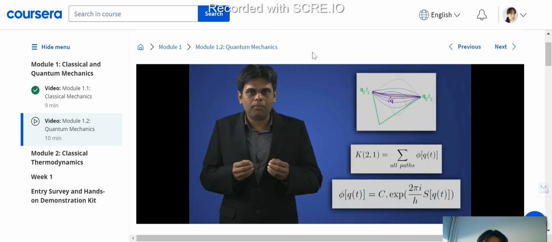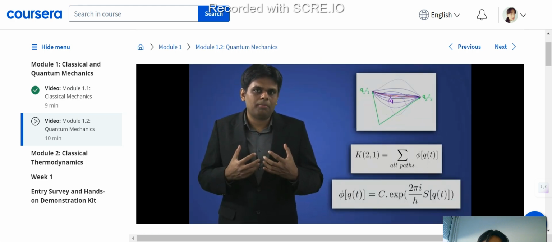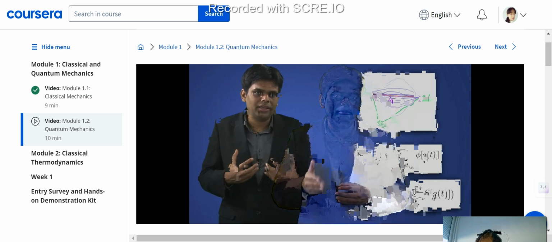Note that all objects are really quantum mechanical in nature. That is, they traverse along paths with probability. Now, in this case, the Hamiltonian